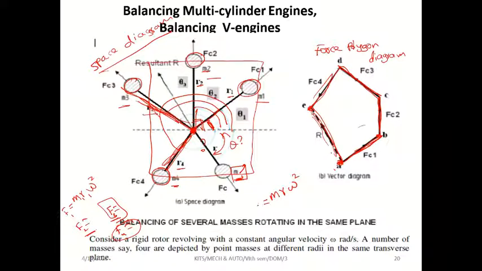From here you have to find out the mass value and radius value. Speed they will give. Okay, mass and radius you have to find. This angle you have to measure. Okay, you have to measure this angle. You have to measure this angle. Okay, this theta value, and you have to draw it here.